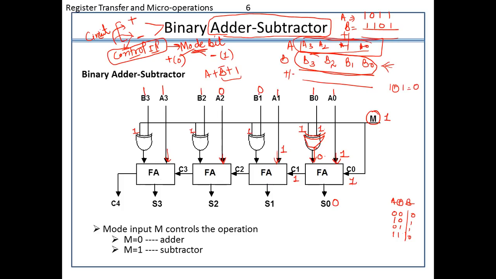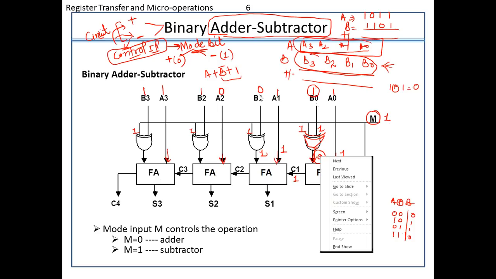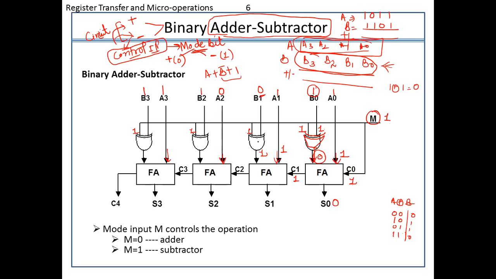This is 1 as an input, 0 and 1 will lead nothing but 1. Actually, it is doing nothing but the complement term. See, this is 1 here. In case of subtraction, what I want? Complement of that. So this is the one's complement, actually. This is 0 value here. So what I want in case of subtraction, the complement here. So this is the complemented value. Ultimately, the logic is this.